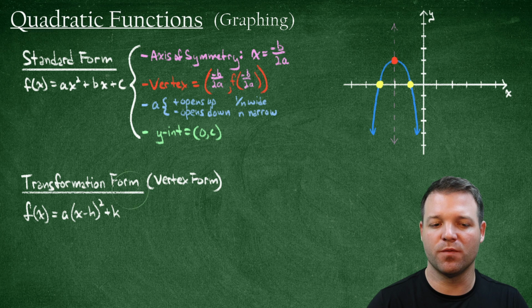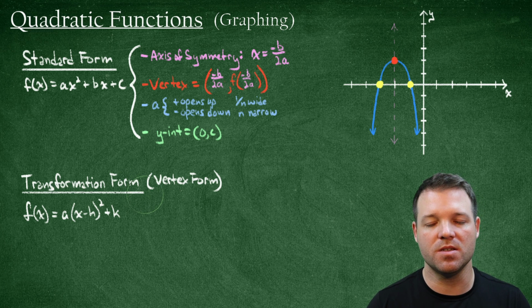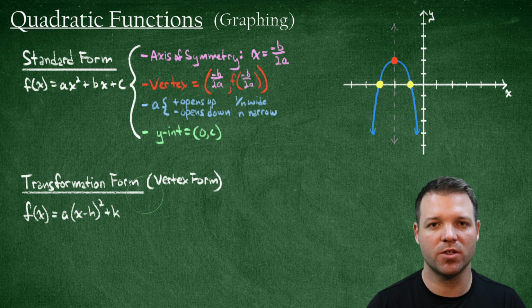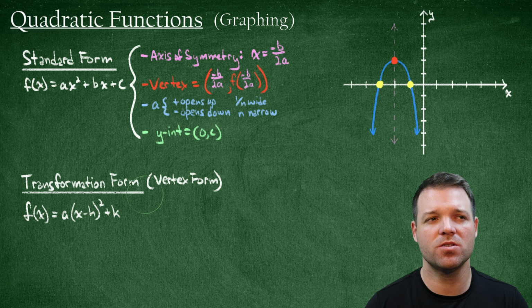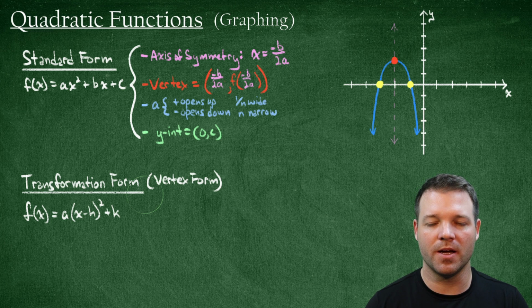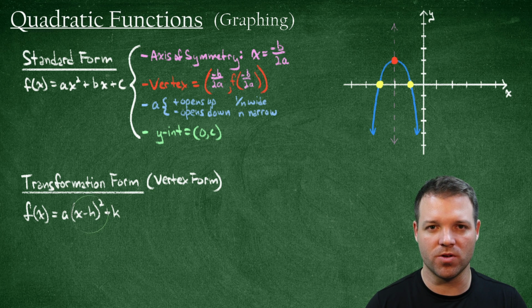So transformation form. So this is definitely going to be the easiest one to graph always, especially if you are very familiar with your parent function, which you should really commit to memory. As long as you know all of the parent functions for different types of algebraic graphs, then you can always follow the exact same rules, meaning h is always going to be a horizontal shift in the opposite direction. K is always going to be a vertical shift in the same direction as the sign, and then a is going to be either a vertical